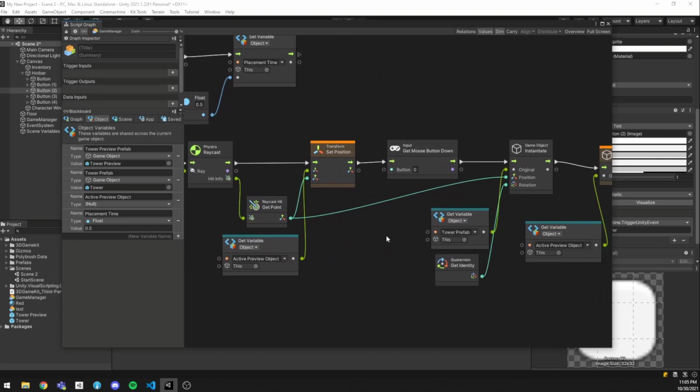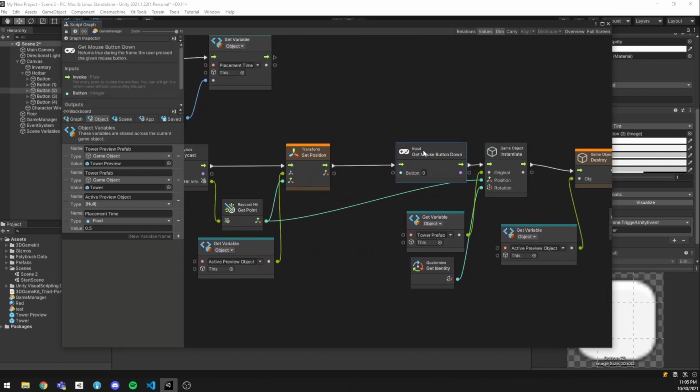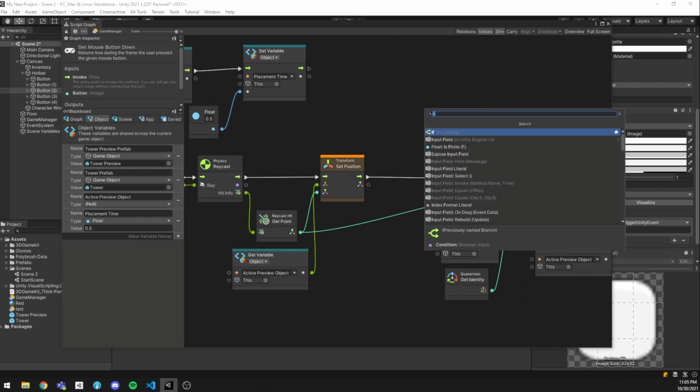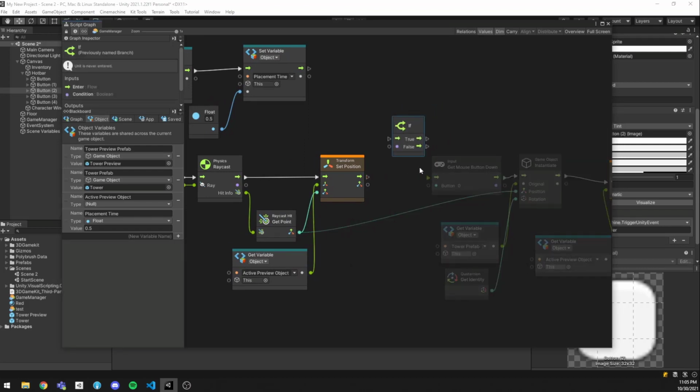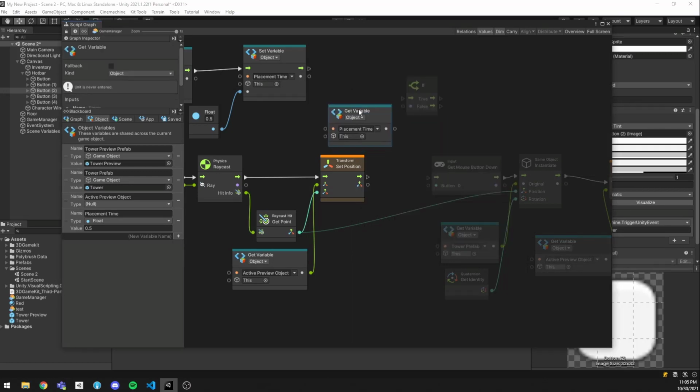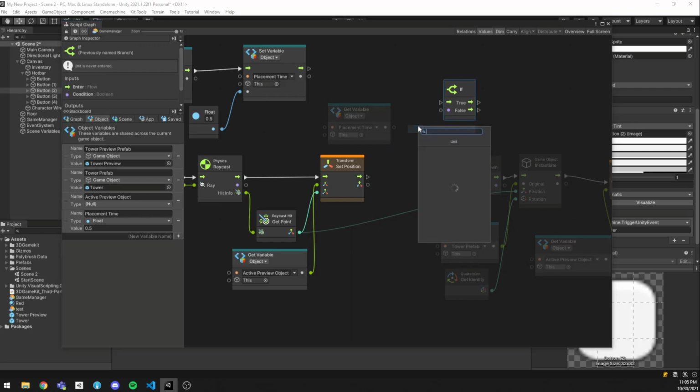And then here, right before it does this get mouse button down, I want to add an if, and I want to determine if the placement time